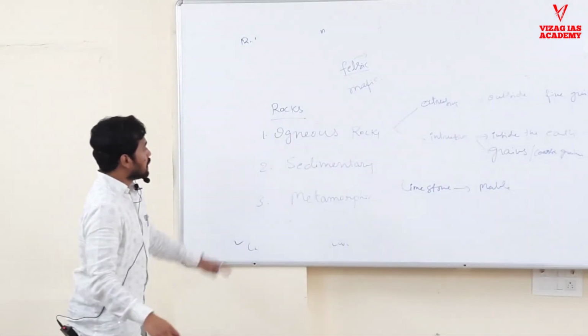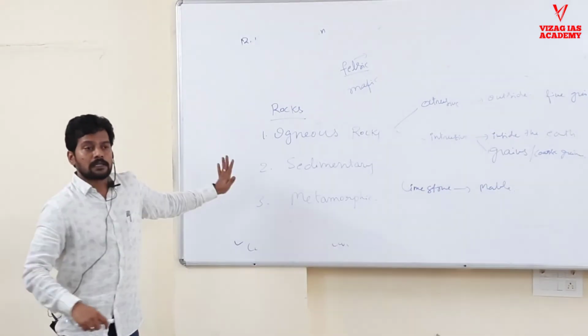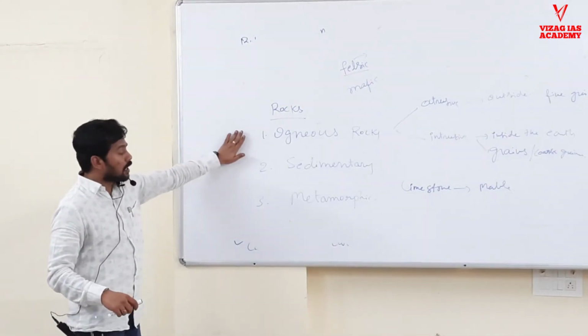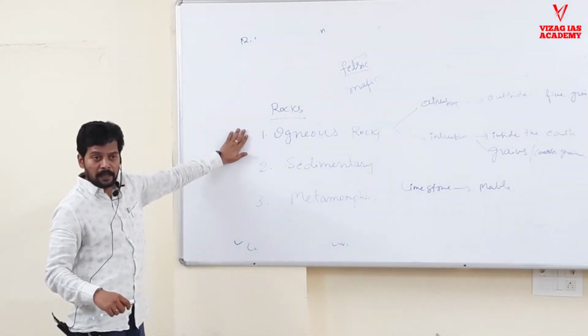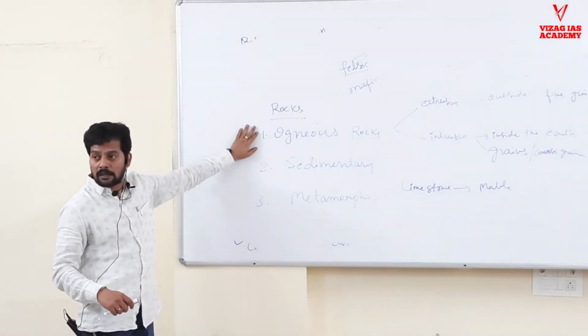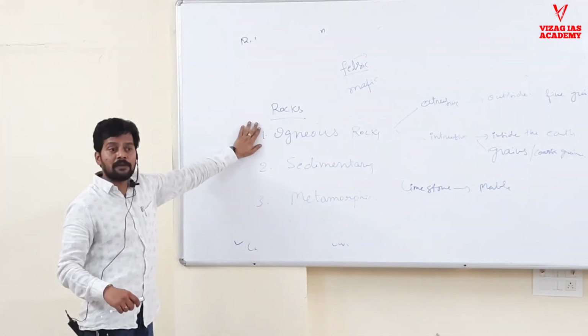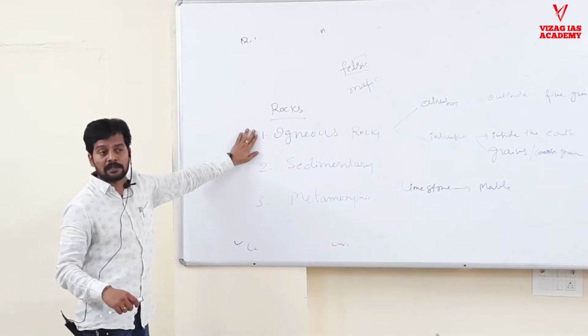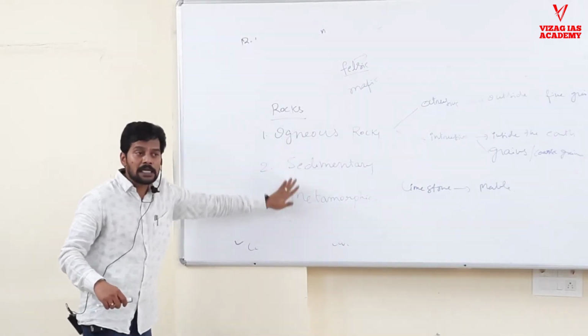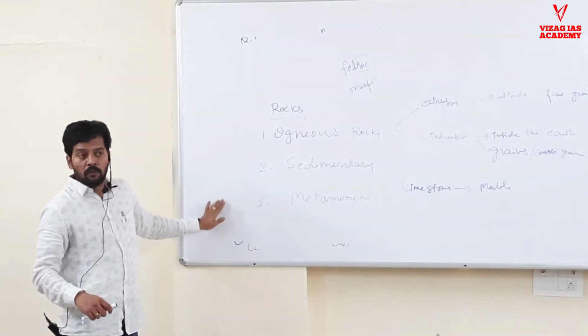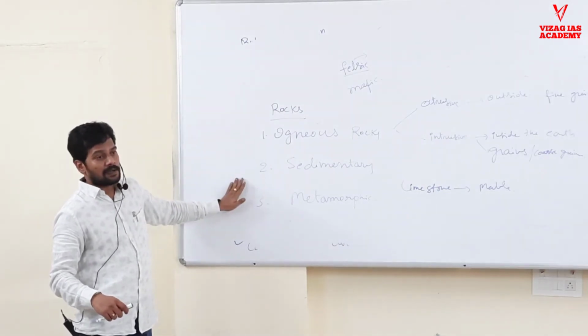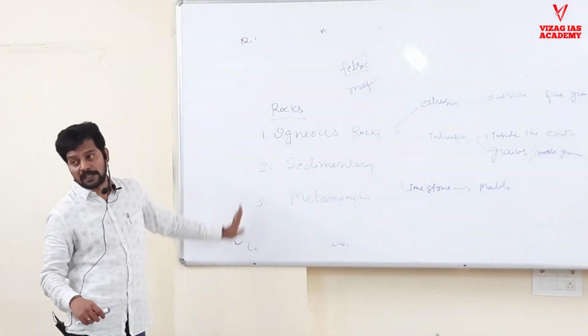Okay, these are the different rocks. Today's igneous rock may not stay in the same form, or a standalone igneous rock may not be there. It may become a sedimentary formation also, it may be metamorphosed also. So these rocks keep on changing their form. One rock will convert to another rock. This is called the rock cycle.